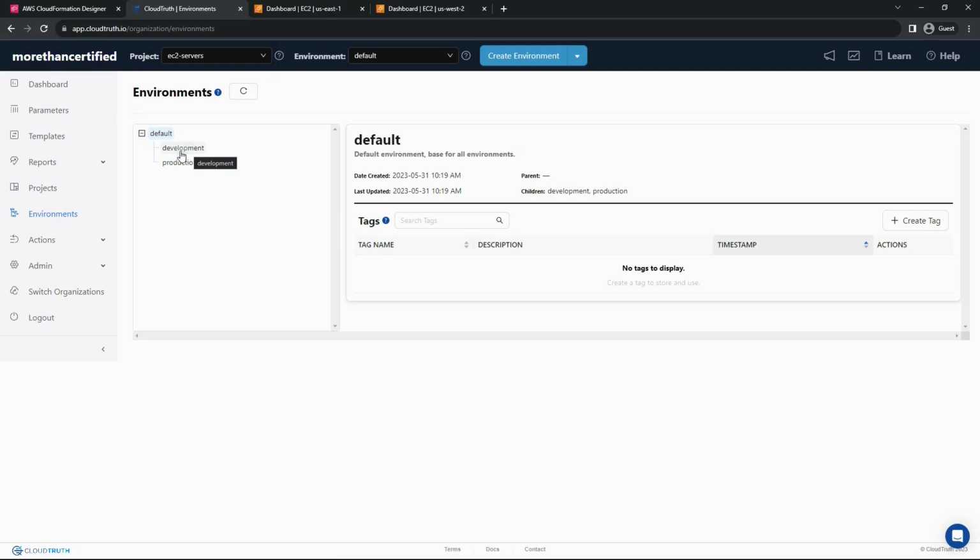In this case, there is only a development and production environment to keep things simple. And then, of course, you also have this default environment. So any parameters defined within the default environment will trickle down to development and production. You can then nest even further and have perhaps developers under the development or regions under production, whatever makes sense